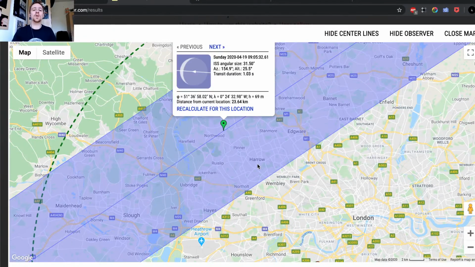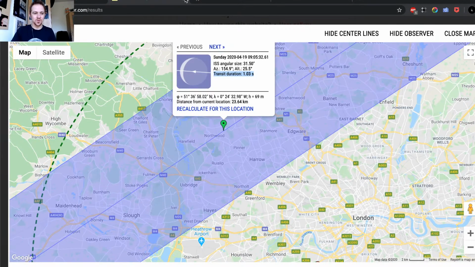So if you're ever going to have a transit right in front of the moon, then even with a pair of binoculars, you're going to see a tiny little object very quickly passing. On this website you see here it says transit duration, so it gives you the duration of the transit. This one is going to last just a fraction of a second longer than a second. So these things are extremely quick.